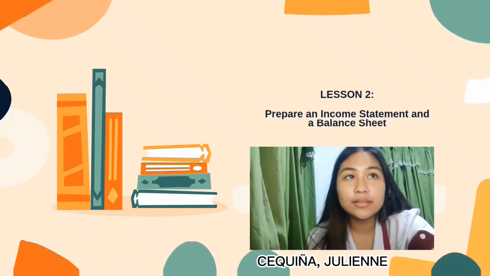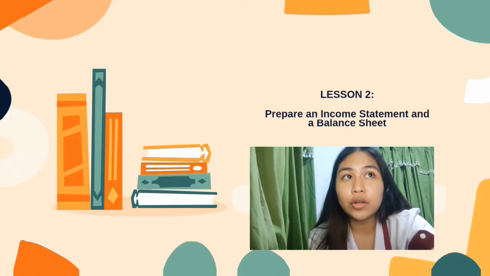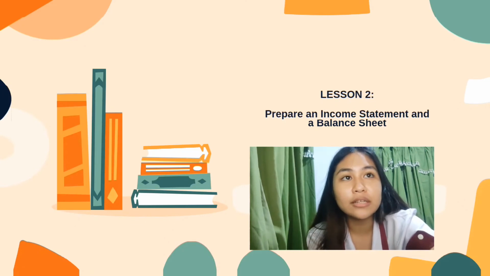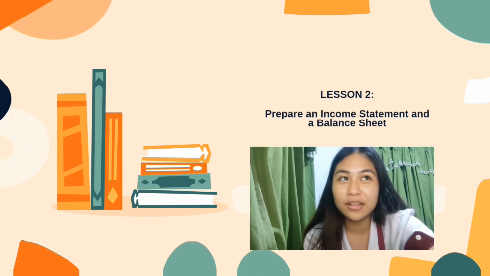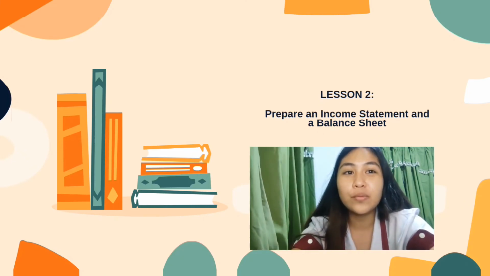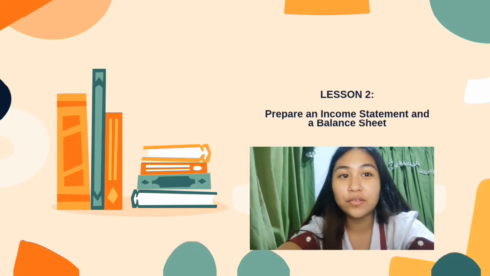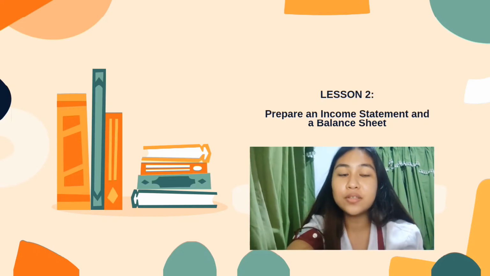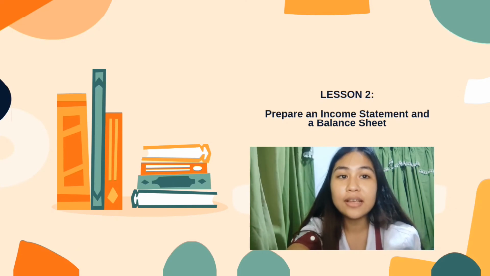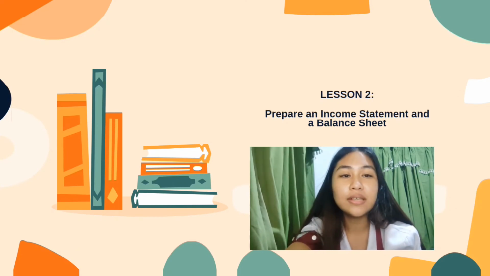So we are now in the lesson 2. Our topic for the lesson 2 is to prepare an income statement and a balance sheet. So before we proceed to the exciting part, to our topic, we must first learn the 5 accounting elements. So the 5 accounting elements consist of assets, liabilities, owner's equities,